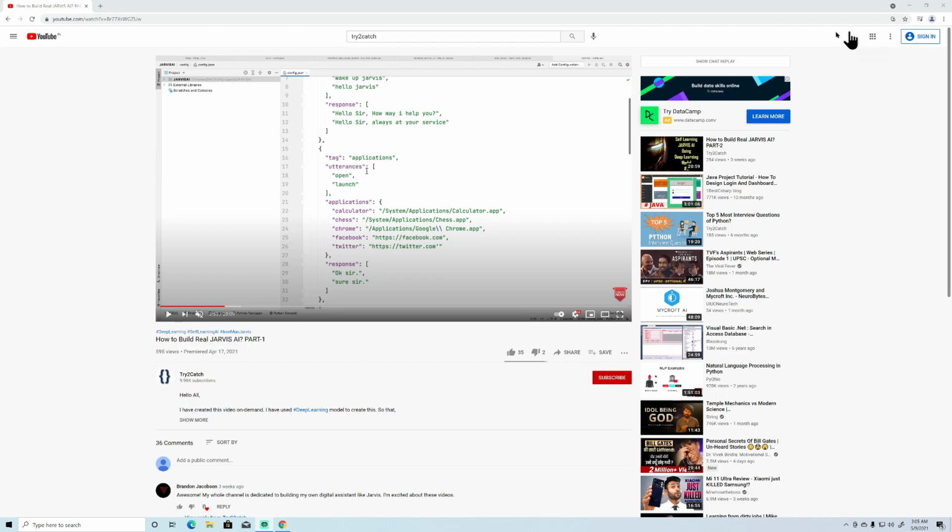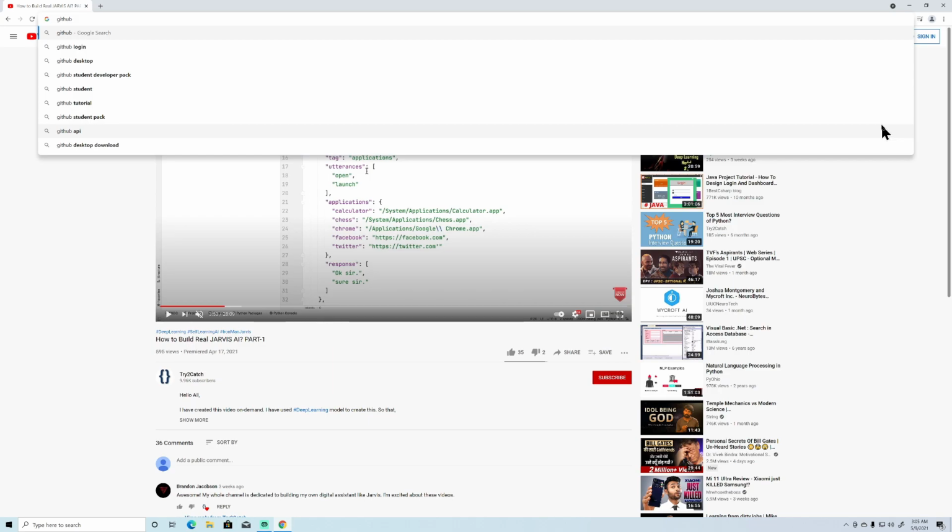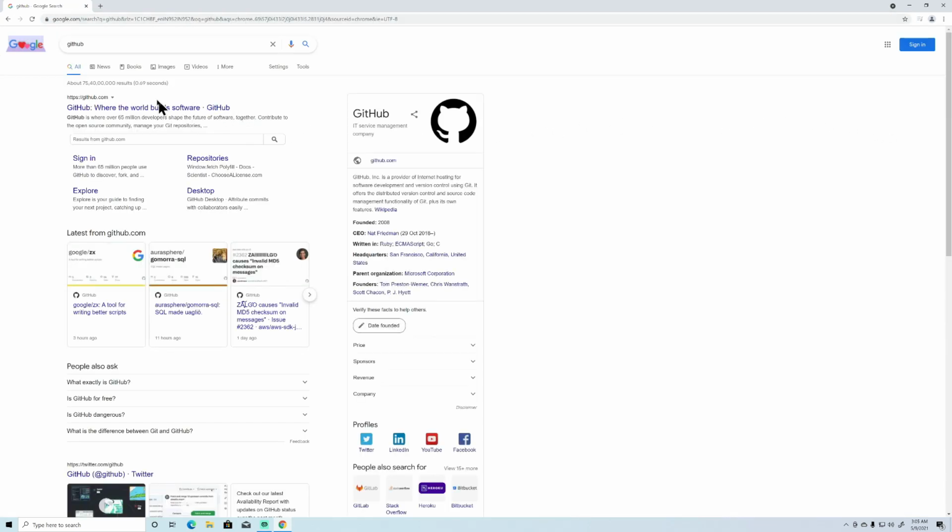So now let's go for the first step. I would like to go to GitHub, because I have installed this Windows for you guys only, so that we can check whether this Jarvis is compatible with Windows or not, as I have Mac OS only, right?